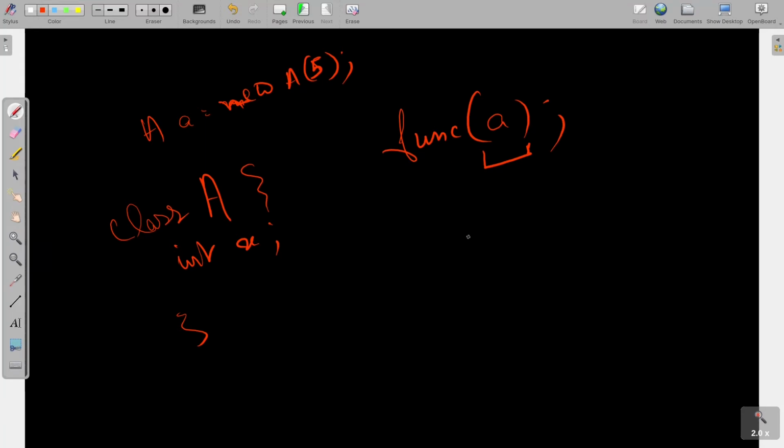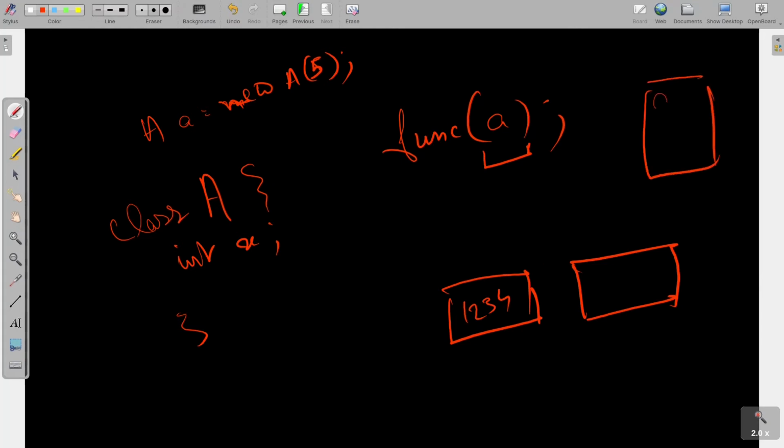So what we do here: we can't get the address, but Java can. What Java does is it takes the address and makes a copy of that address. Suppose the address was 1234 for A. In memory, A was stored at address 1234. It makes a copy, which is also 1234,